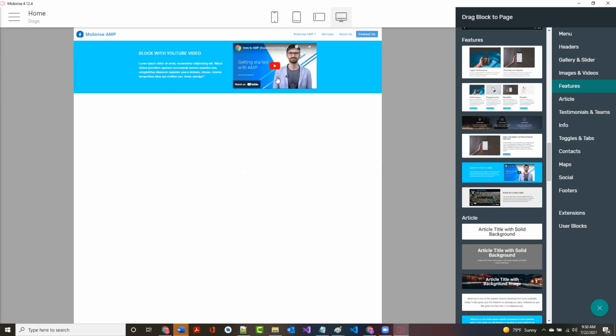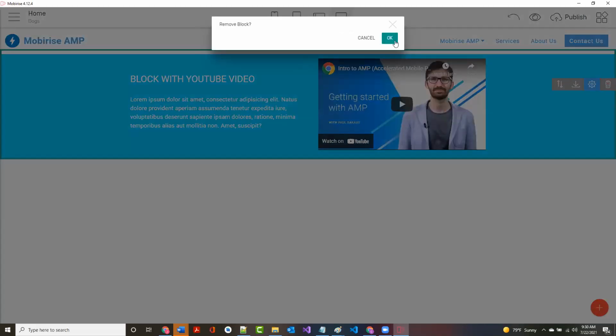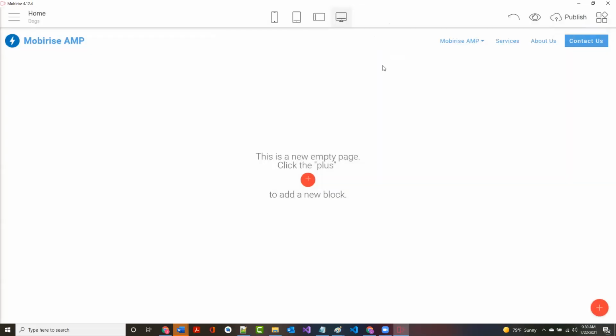All right. I might not want that later. And if I don't want it, again, I just click on it and I get this trash can here. I click remove block and I click OK and it's gone. I'm not going to do this, but if I click here, I would also be removing the menu. So I could remove that also if I wanted to. Well, I don't want to do that.